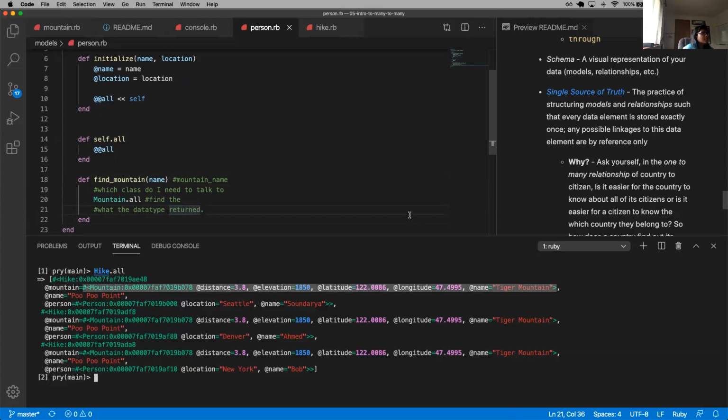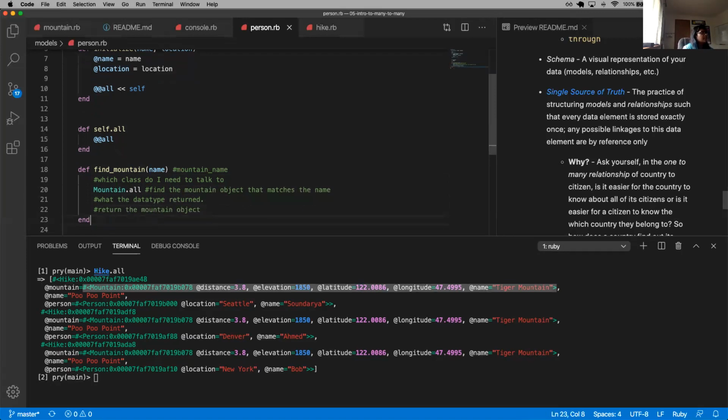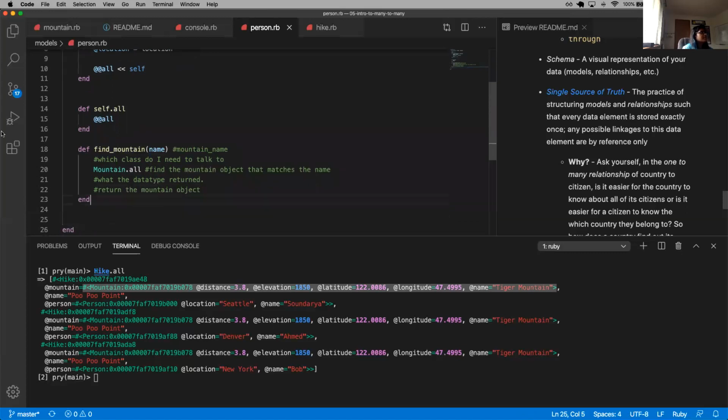We need to return the whole mountain object. So find the mountain object that matches the name. Cool. And then return the mountain object. And the reason I put this in a separate method is so that we can practice single responsibility principle. So you're not trying to do too many things